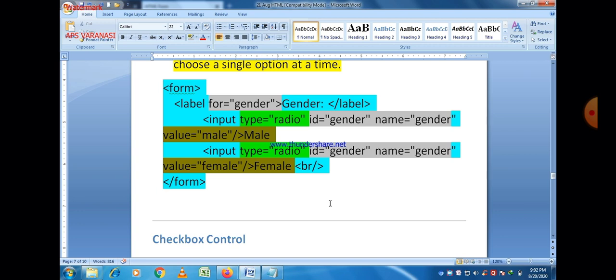And different parts of the program are colored with different colors to differentiate these parts from each other. You can see that type is equal to radio is marked in a green color.